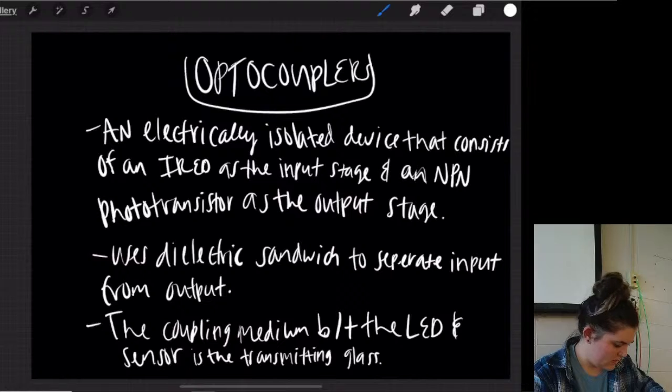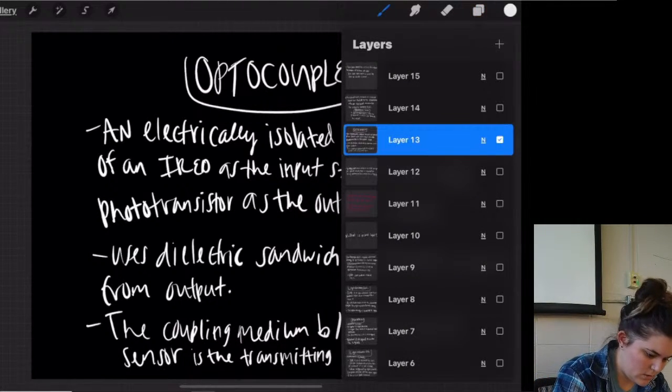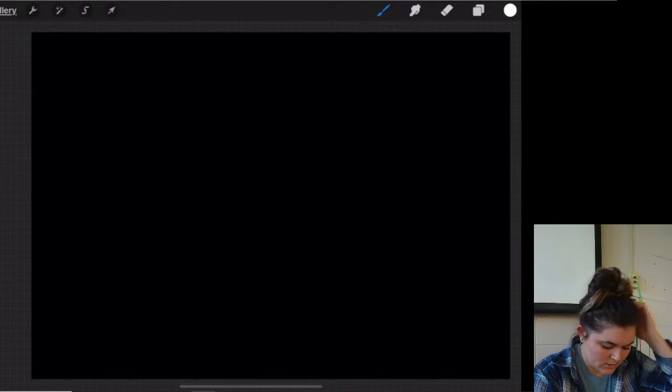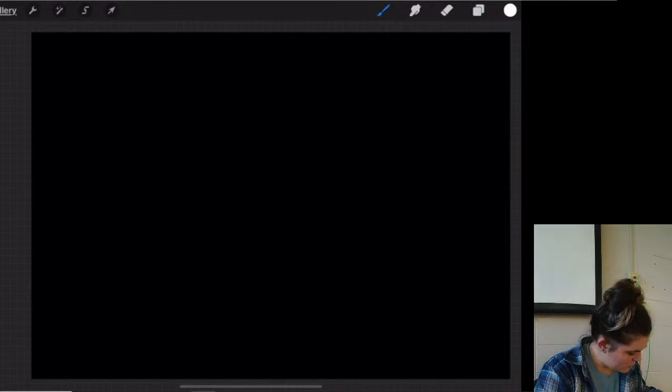I was going to draw an optocoupler, but actually I'm not going to do that. Wavelengths are matched for maximum transfer. So for LEDs, since we're more familiar with them than anything else,